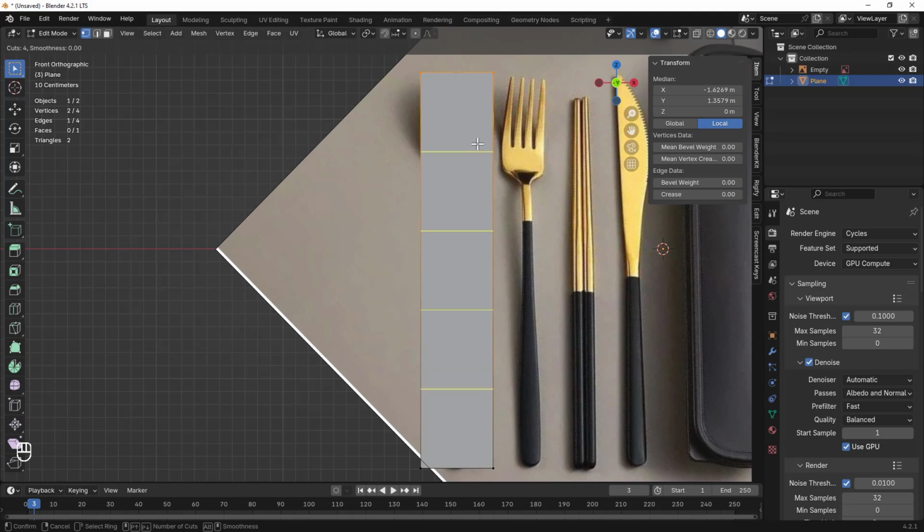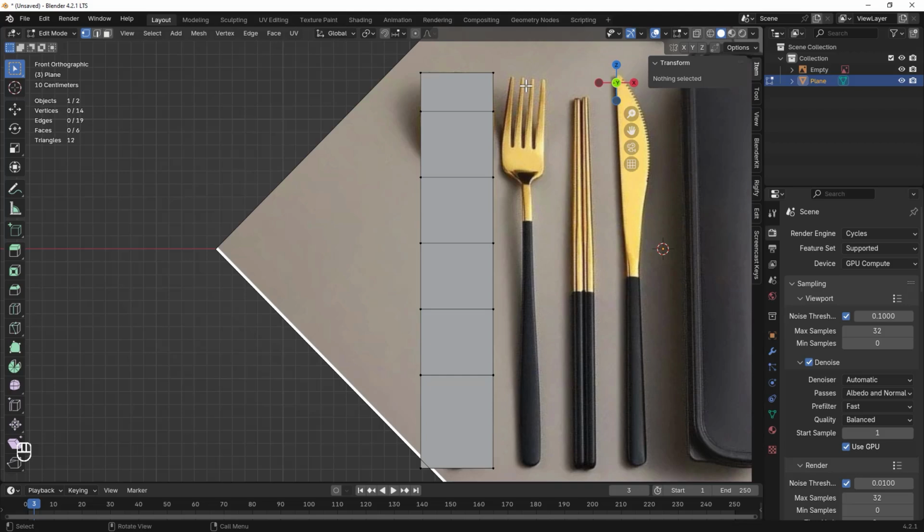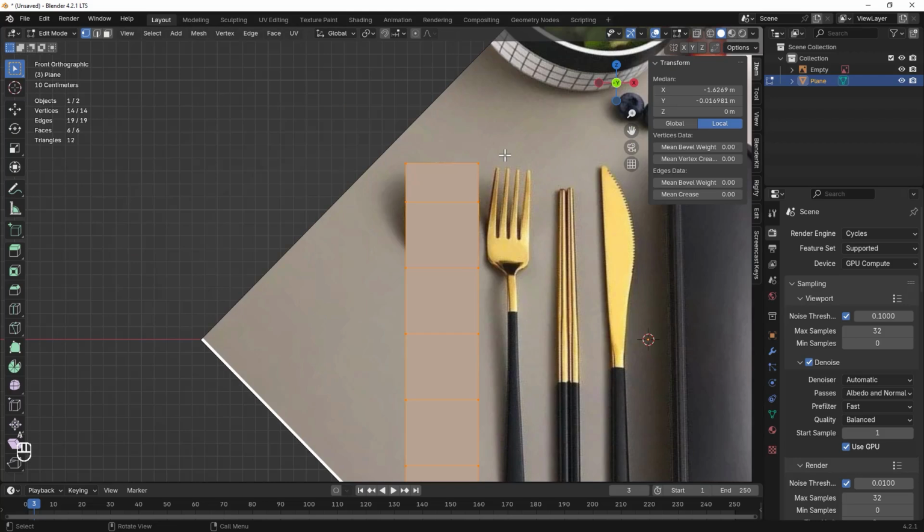We can decrease and increase the number of loop cuts by moving the mouse scroll up and down, and in the same mode, before pressing the key or clicking, we can place all the loop cuts in the desired direction and in the desired place. Now by pressing the A button, we select all of the faces and then click on modifiers from the right